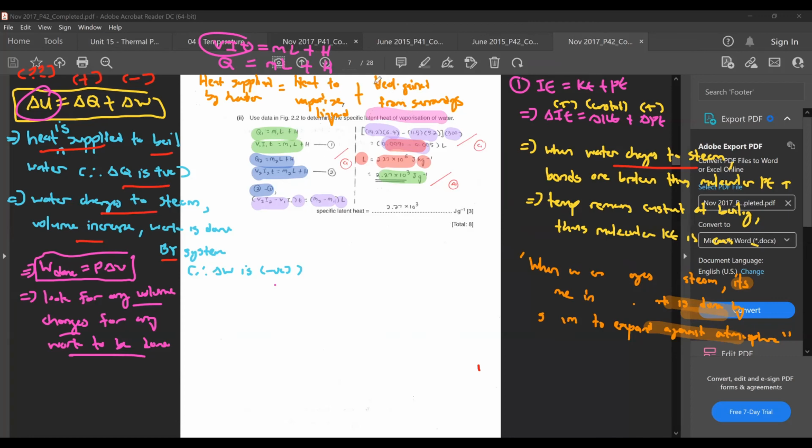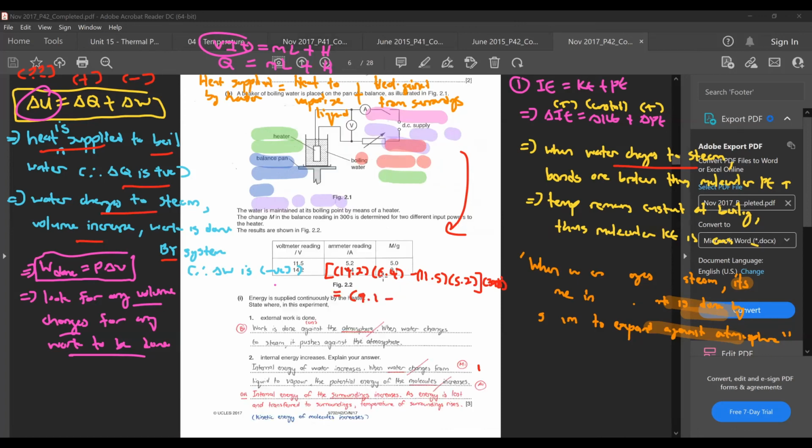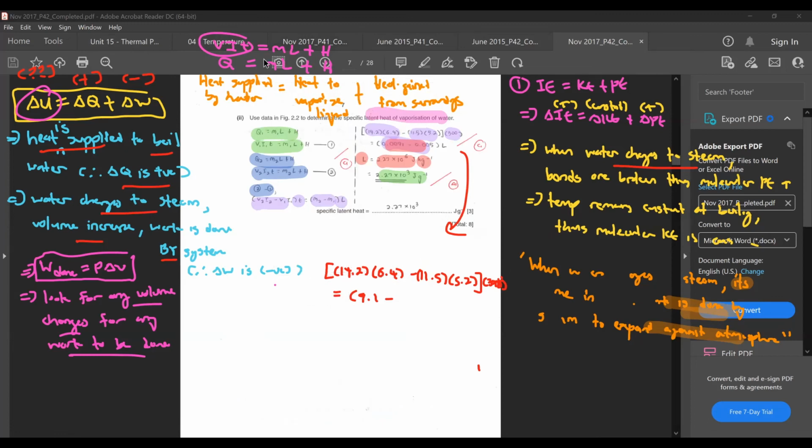Wait, let me just show you why. You could have just rewritten it as just this. Let me write it down properly for you. 14.2 times 6.4 minus 11.5 times 5.2 times 300 equals 9.1. What was the value? Equals 9.1 minus 5.0 times L. Okay, so actually this one you don't really need to change the units, because this one is joules